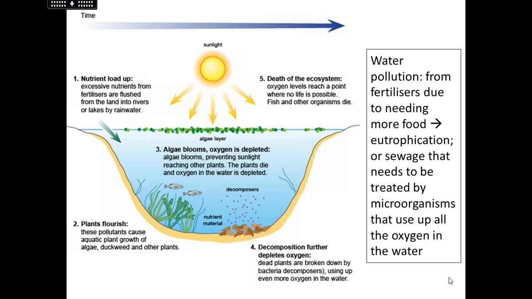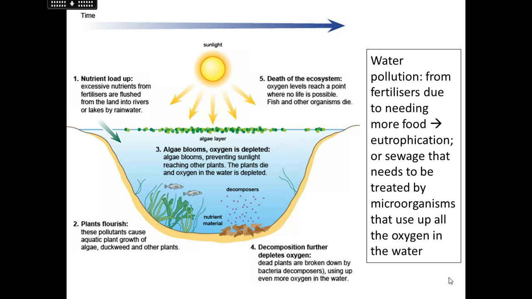But also, if you think about the opposite end, most of our sewage also ends up in water environments. So we treat our sewage by adding microorganisms to the water that the sewage is in. Microorganisms basically decompose the sewage, but because they're living things, they respire and they use up all the oxygen in the water, and that can cause issues for other living things in the water, and they die, and it's not particularly great for biodiversity.